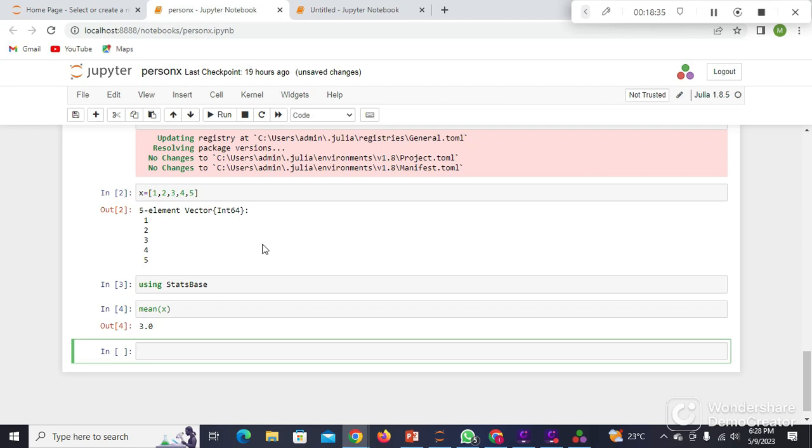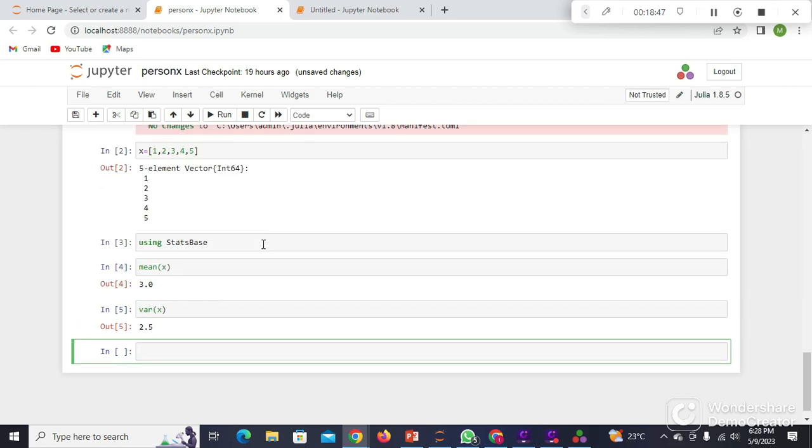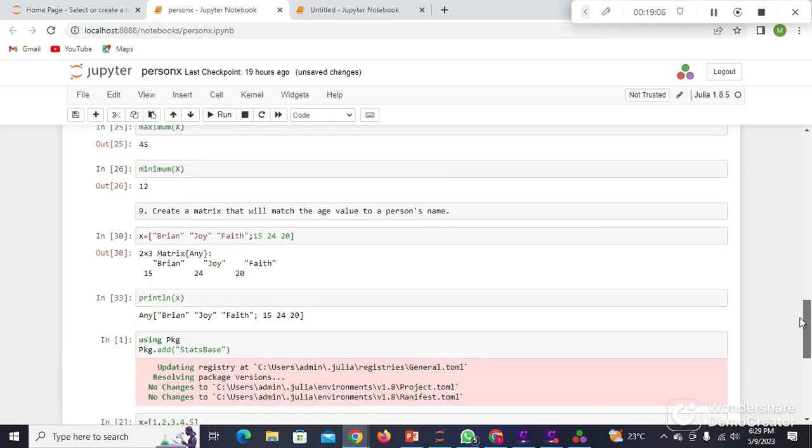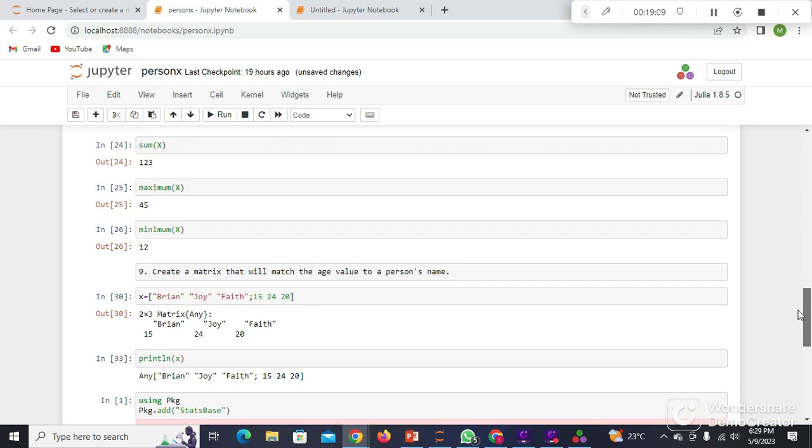Yeah, that is variance. You see variance is also being given, but you could not calculate variance without the use of that package. So that is another thing. What else do you need to know in the last exercise? I think that's all. The remaining questions were really done well,